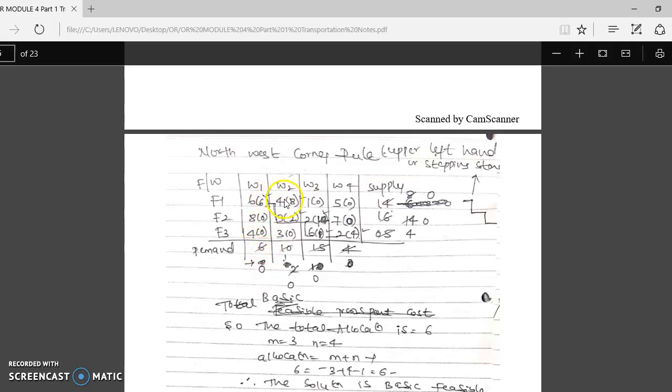Then come back to the next element. Here for 4, what is the supply? Supply is 8, so give 8 here. Then this becomes 0, these two values are 0. Then out of 10, 8 is given, so what is left? 2. So write 2 here. Okay. Then what is 0? This becomes 0, already we made it 0. Then come back to the next element. So here supply is 16, required is 2. Okay, so give that 2, this becomes 0, out of 16, 2 removed, 14 are left.